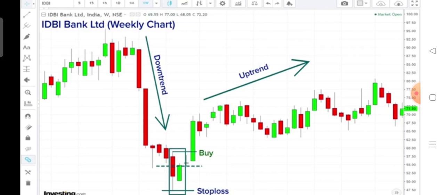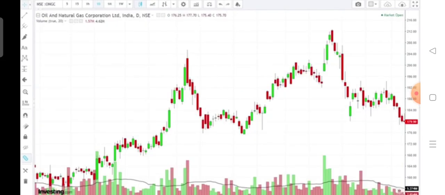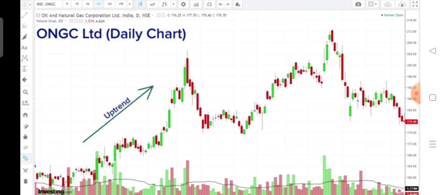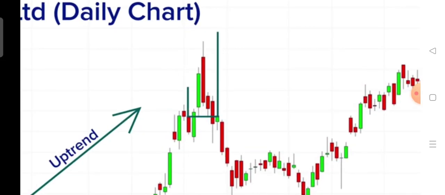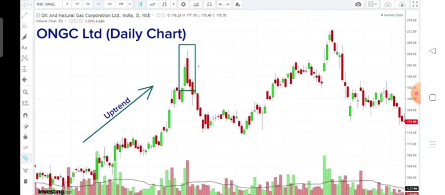Now this was the piercing pattern, and now we are looking at the chart of ONGC, and as we can see, in November 2017 there was a dark cloud cover formed in the daily chart, and see how the move unfolded after that. First there was an up move, then there was this green candle, then there was a big red candle engulfing almost 80% of the body of this green candle, and then the price broke the low of these two candles and then moved down, down, down. So this was about the piercing pattern and the dark cloud cover.